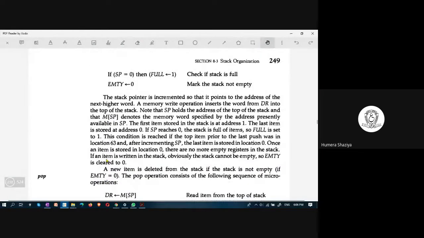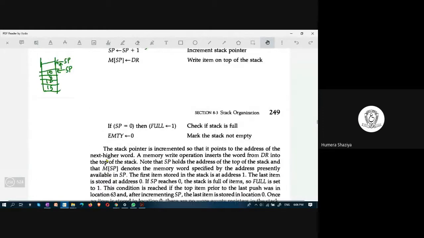Here, if SP equal to 0, then full equal to 1. What does this mean? The stack is full. Why is the stack full? Look at here.